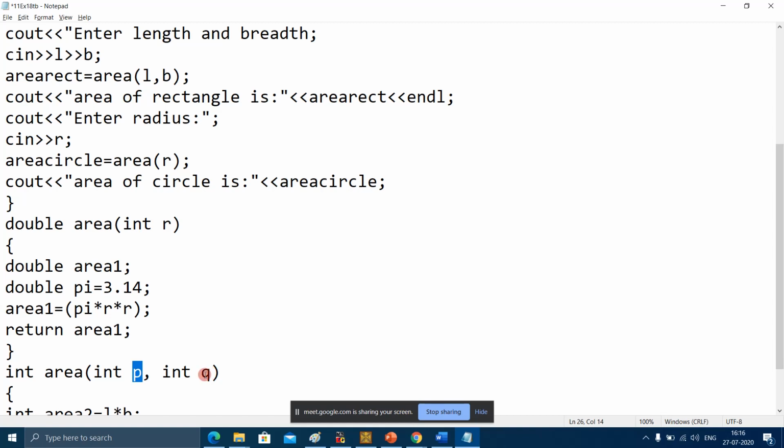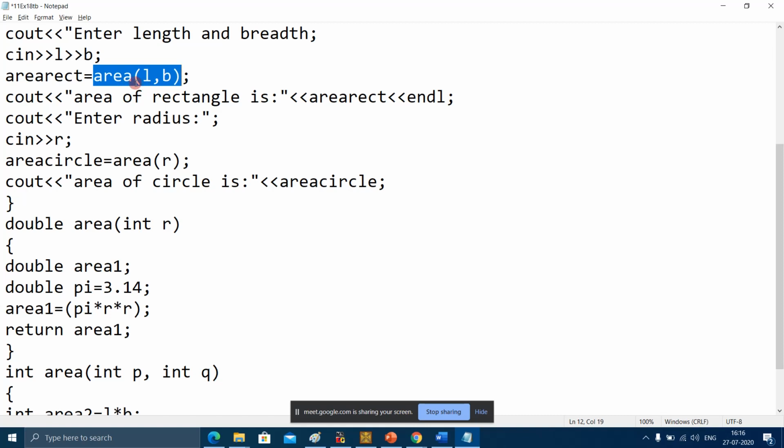Anirudh, I didn't get your question. Ma'am, my question was, if you said L and B are local to only the main function, then by pass by value, how will P and Q get the value of L and B, as they are local to that function? This is how we call a function. This statement means I'm calling the area function.